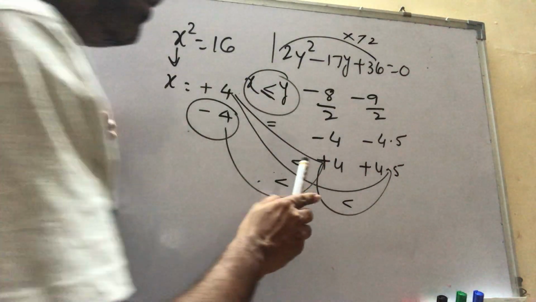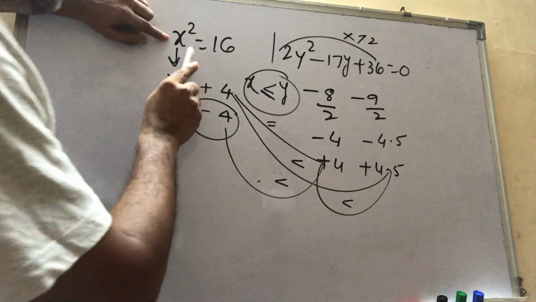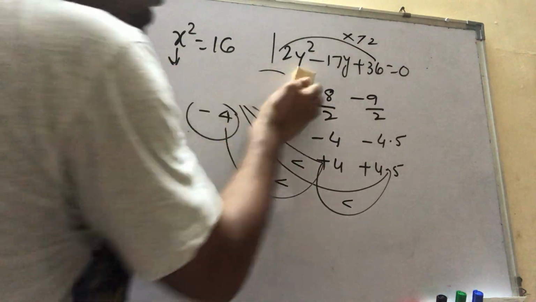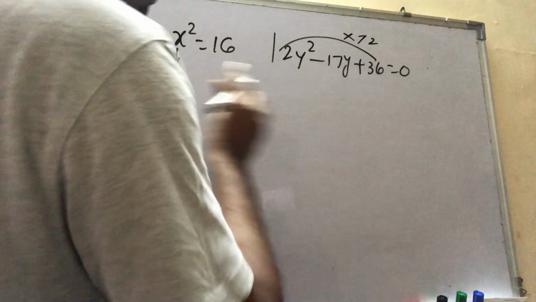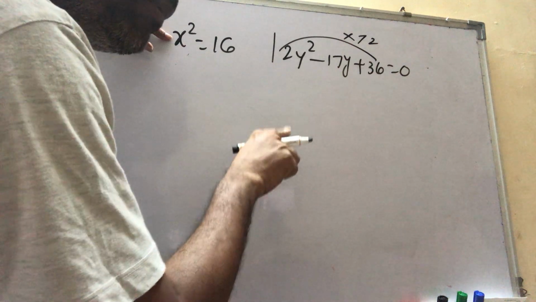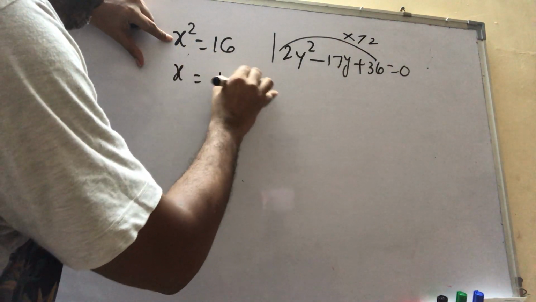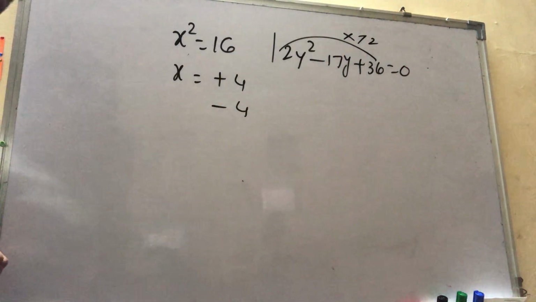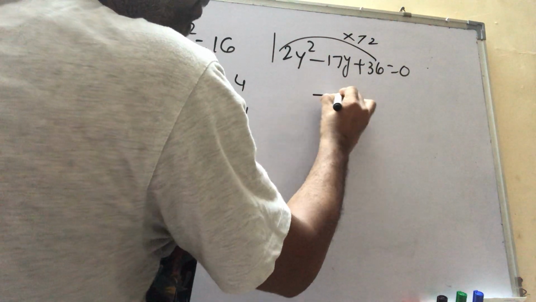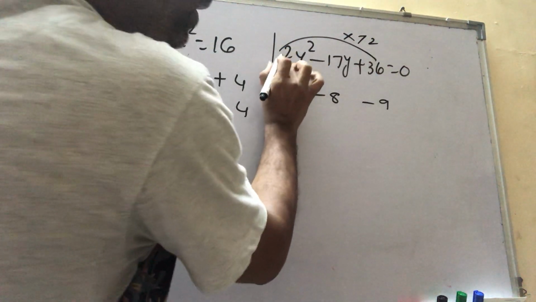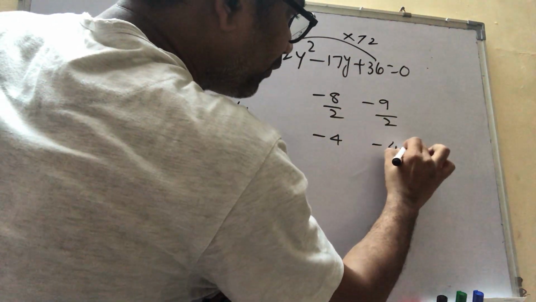So here, remember, you will not get 'cannot be determined'. I will explain this once again, because many wrote 'cannot be determined', which is absolutely wrong. When you have the square root of any number in a given equation, x is equal to plus 4 and minus 4. Remember this. And here, 36 twos are 72, so my factors are minus 8 and minus 9. Divide by the first number, that is 2. This will be minus 4 and minus 4.5.